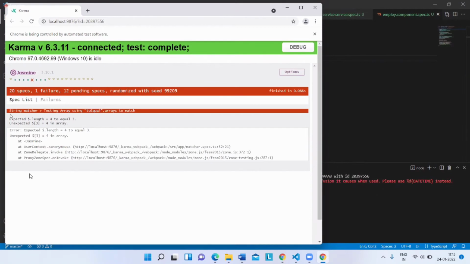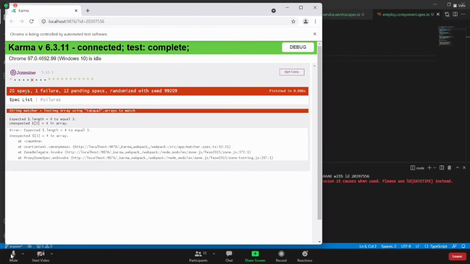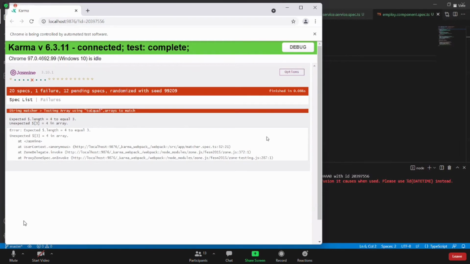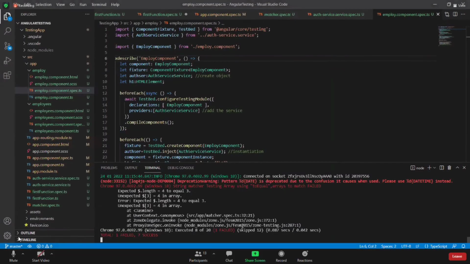See, now here it is giving you 20 specs, meaning 20 tests, 20 test cases. Of those 20 test cases, I am not executing all. How many am I executing? 12 pending specs, meaning 12 test cases I have ignored, not to execute. So among that, how many are executing? 8 are executing. Fine. Among those 8, one has a failure. The others are successful. I'll show you when I'm executing it in the next part. Now I'll stop this.